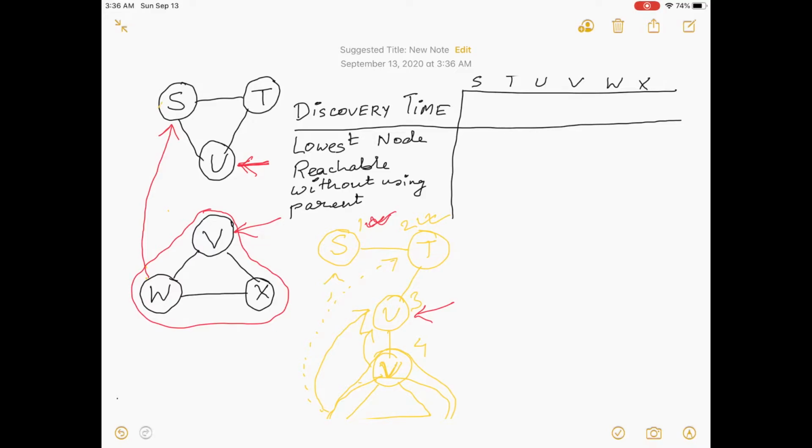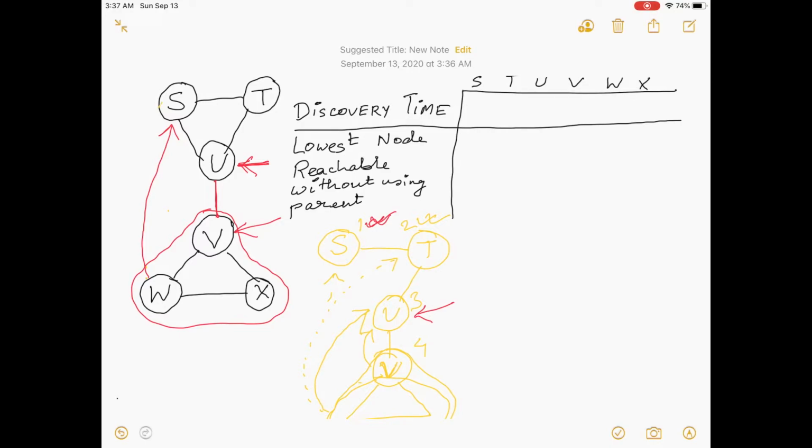Now it is very important to note we cannot use the back edge VU while we are checking if the edge VU is a bridge or not. This is a very important part of the algorithm,